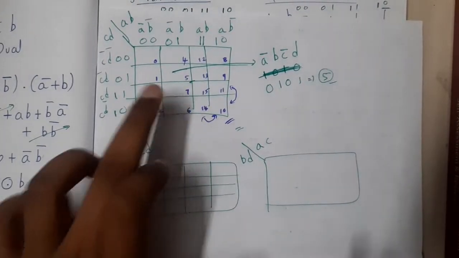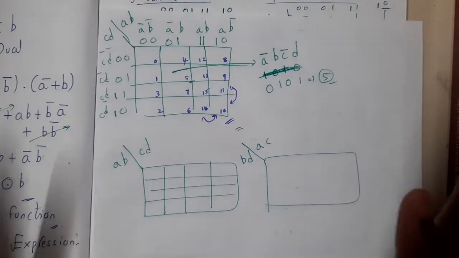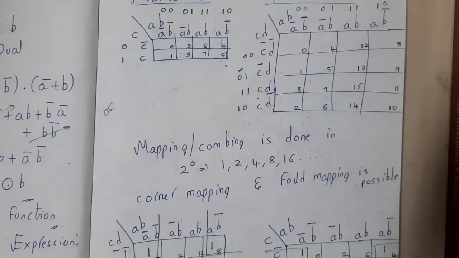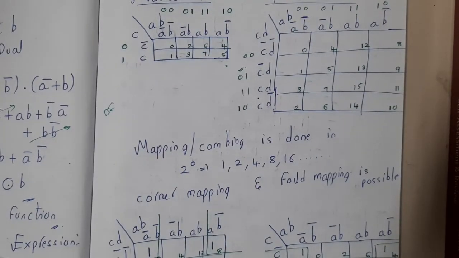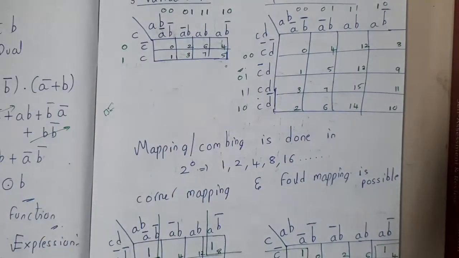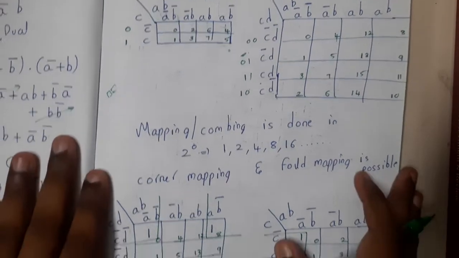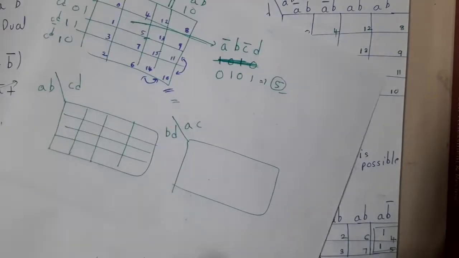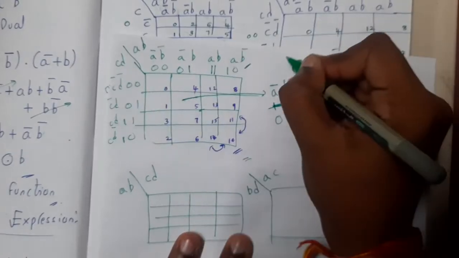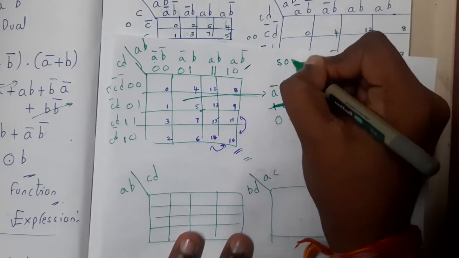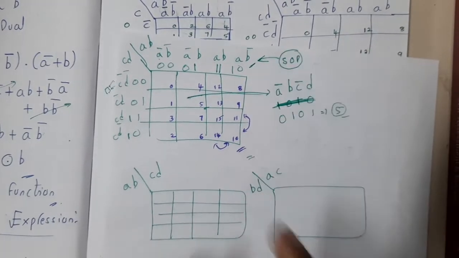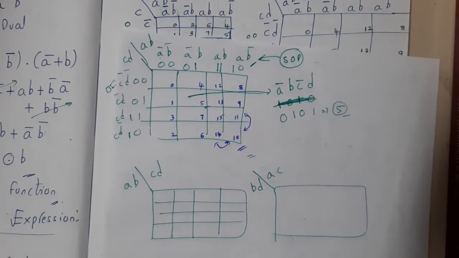If you are able to map the cells properly in any structure, okay? So now you have got an idea of what a 3 variable map is, what a 2 variable map is, and what a 4 variable map is. You are clear with the initial part, guys. Now, whenever you want to solve something, what format is this, guys? It is nothing but sum of products, right? It is a product term, right? So this is in terms of sum of products. You can write the same table with respect to POS also.